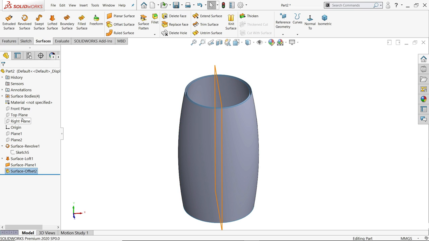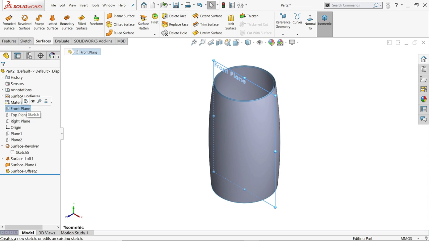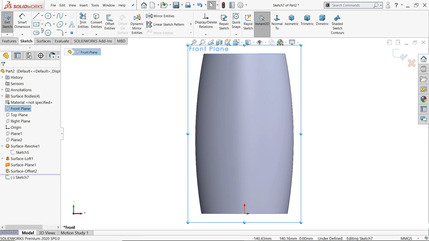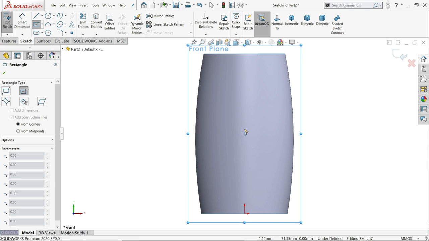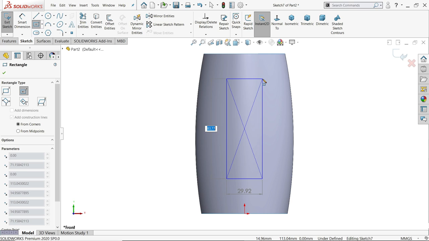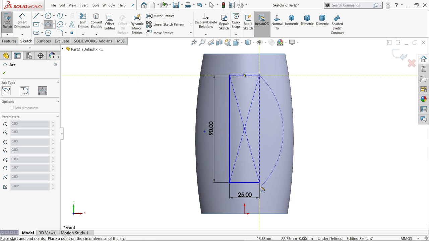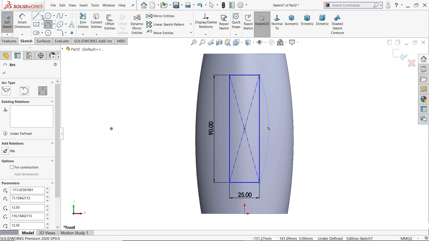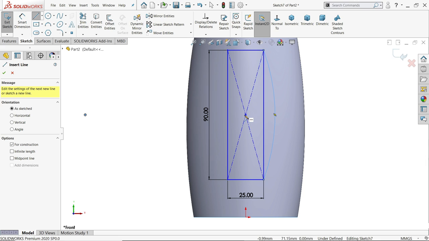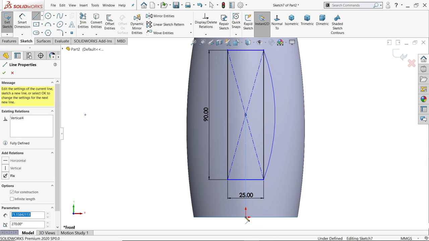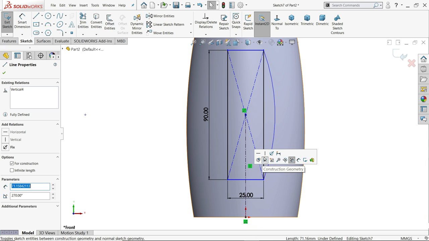Now let me choose front plane, sketch. Now here we will create our sketch. Center rectangle, 90, tab 25, 3-point arc, and I'll connect from this point to this point. Define one center line from origin to this. Click this line, vertical, so that